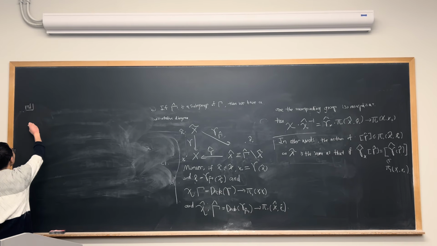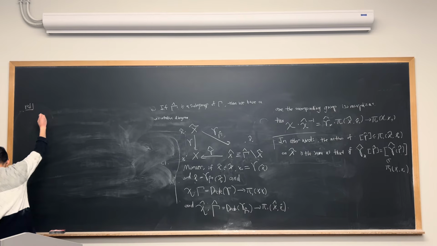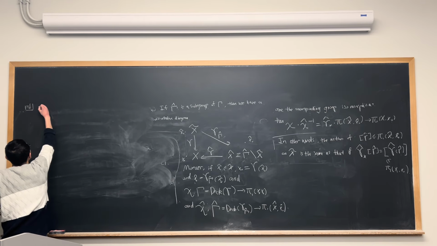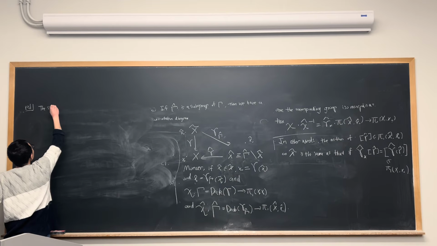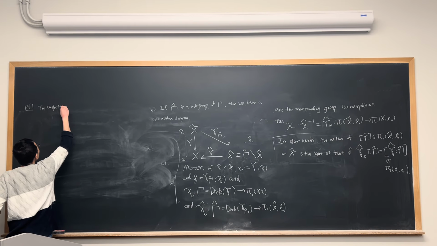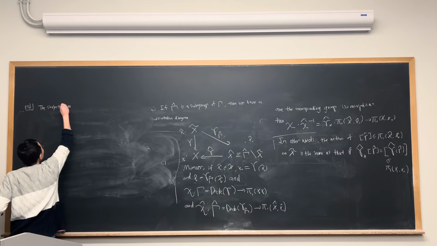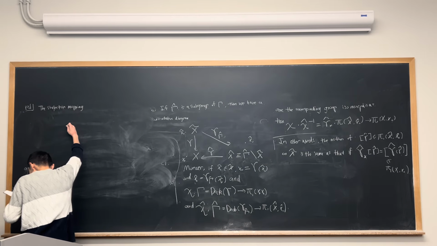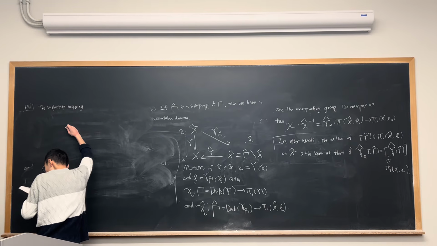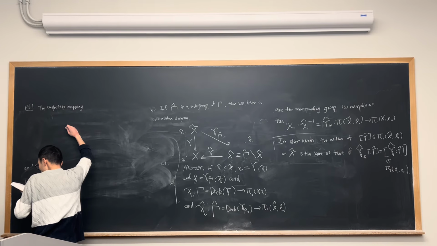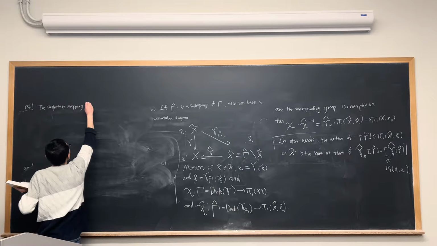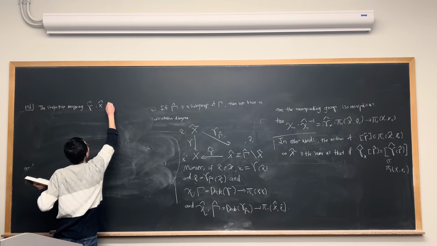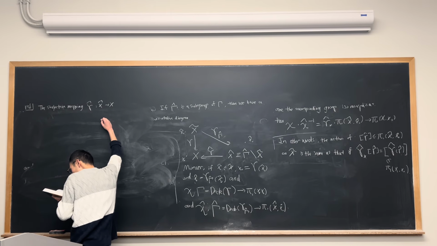First, this is a surjective mapping, so the map gamma hat from this x hat to x is given by